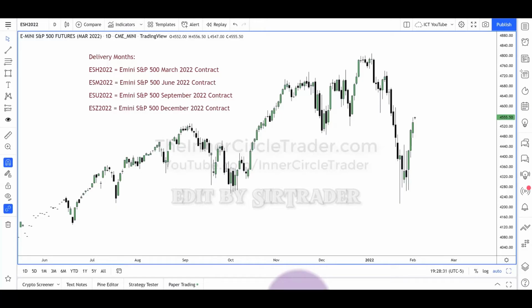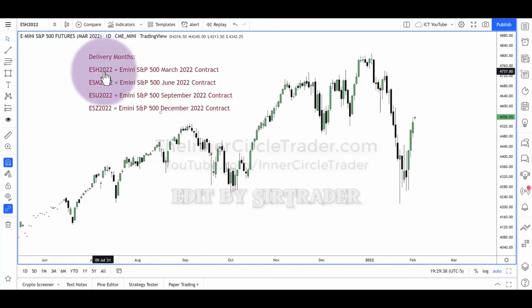All right, first things first, I'm gonna get the boring stuff right out of the way. Whenever you're looking at futures, especially the index futures, these contracts trade with expiration dates, and the months that they trade are going to be shown here. ES is the symbol for E-mini S&P. H in this example stands for March. So the delivery month codes for the commodity markets, H is always representing the month of March. M is June. U is September. Z is December. These are the only 4 months that the index futures trade on E-mini S&P, E-mini NASDAQ, and